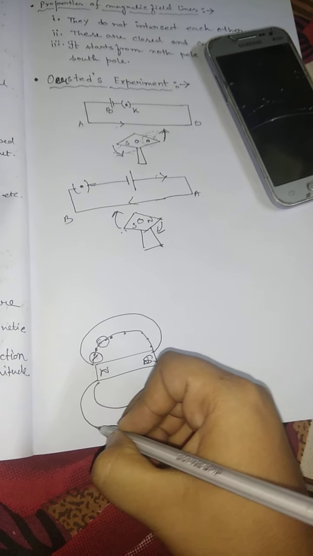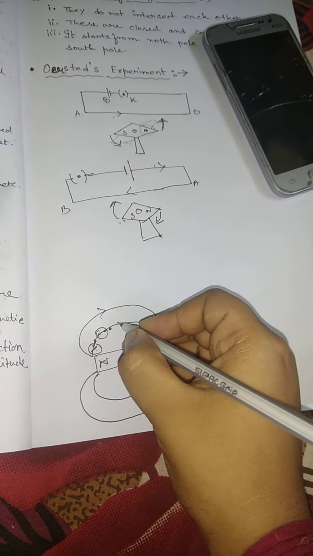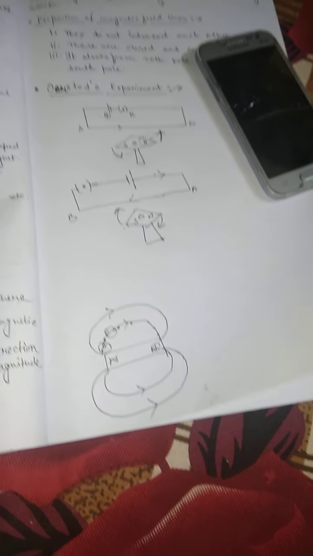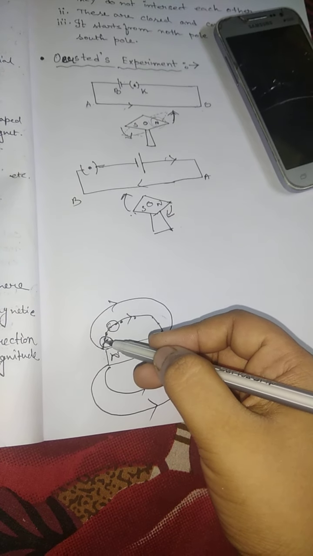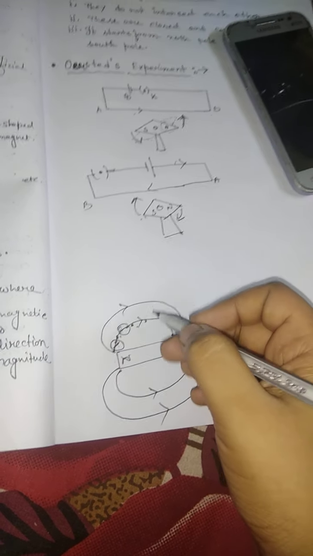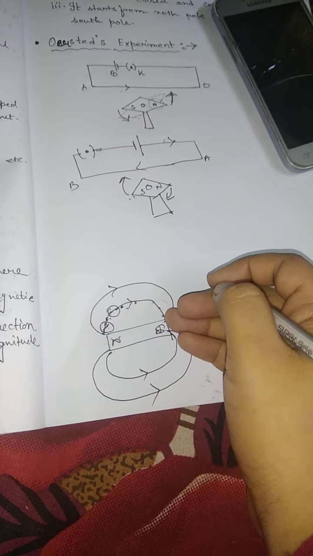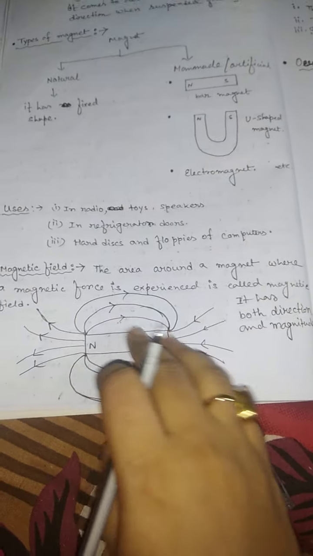sides of the magnet, which starts from the north pole and ends at the south pole. This is a continuous and closed path, and it has a magnitude as well as a direction. These are imaginary lines, because without the magnetic compass we can't get these points, so we consider these points and join them. The imaginary lines drawn from the north pole to the south pole are called magnetic field lines, and they have direction and magnitude. This is a diagram of the magnetic field lines for a bar magnet.